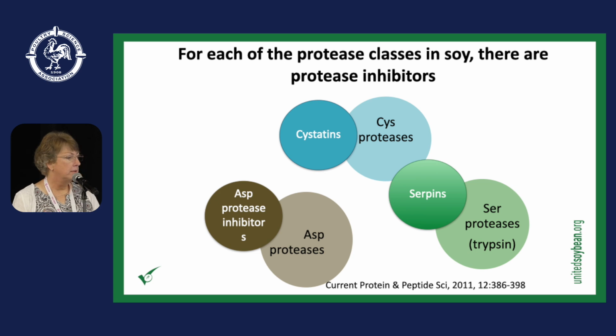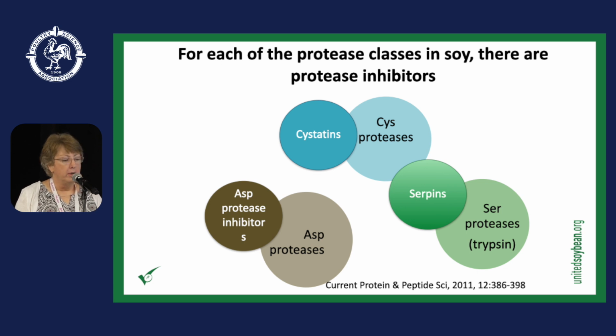All right. Okay, so let's talk a little bit more about plants, but also soybeans. Each one of these types of proteases, the cysteine proteases, aspartate proteases, and the serine proteases, have proteins that are also inhibitors of them. So the cysteine proteases have the cystatins. The aspartate proteases have aspartate protease inhibitors. It's a good name, a little long, but it's good. And then the serine proteases have the serpins,